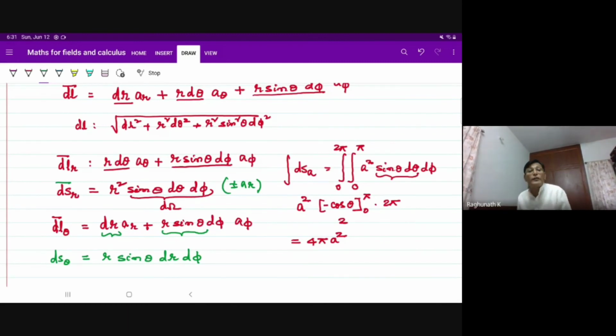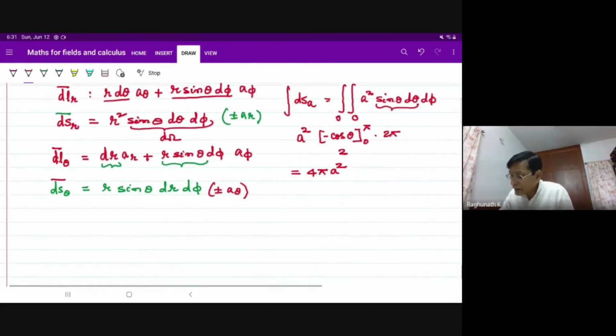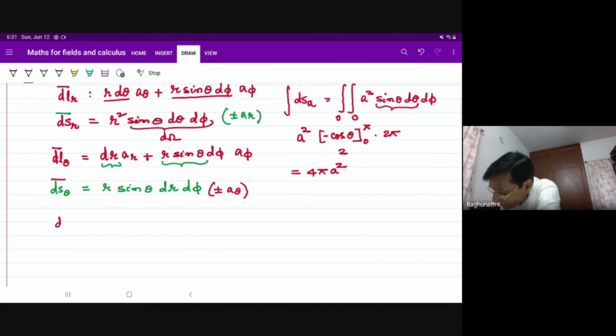In this, only r and phi can change. Theta is constant at theta naught, given theta naught for this cone. And what is this bar? Plus or minus a theta. Into the cone is minus a theta, out of the cone is plus a theta, through the surface. ds theta bar. Next, dl phi bar